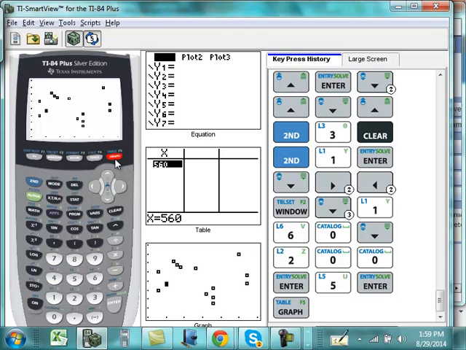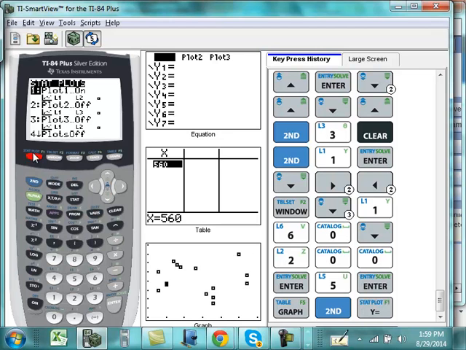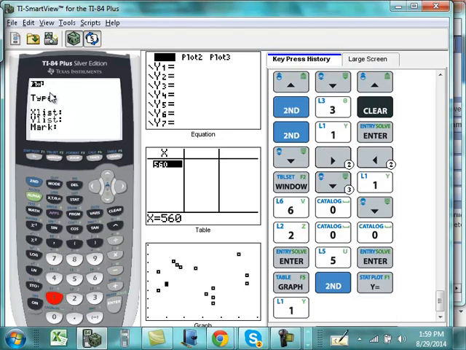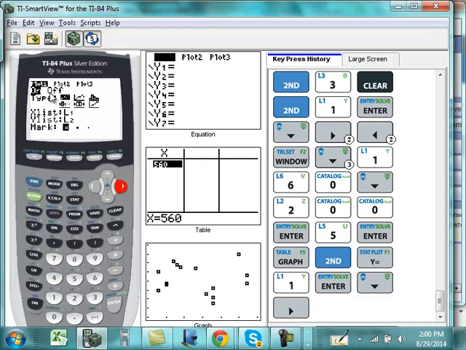All right, as far as a histogram goes, go back into your stat plot if you want to see a histogram of some data. Go back in your stat plot and go ahead and plot number 1 again. And we're going to still keep it on, but down in the type, we're going to right arrow over to that last type. And notice that it only asks you for 1 column of data, which we can have be the presidential height data, L1. Now the frequency, leave that at 1,